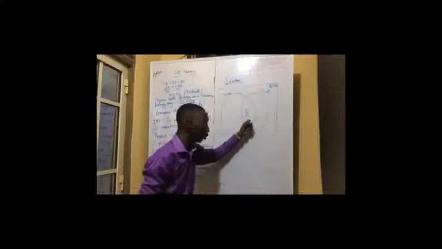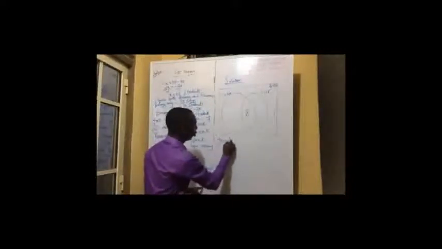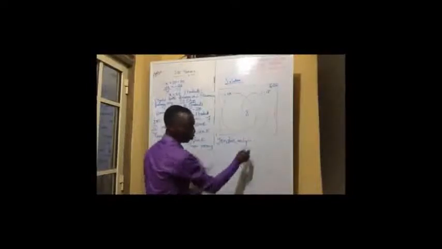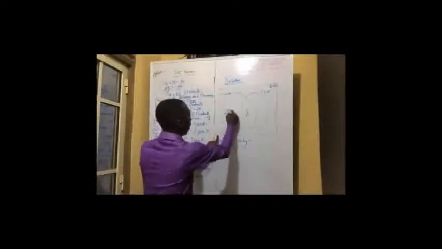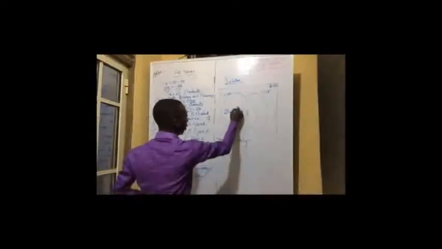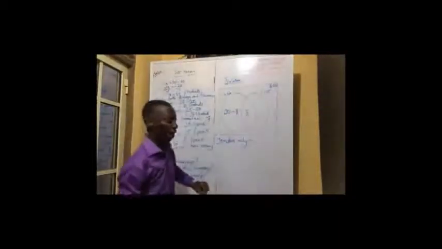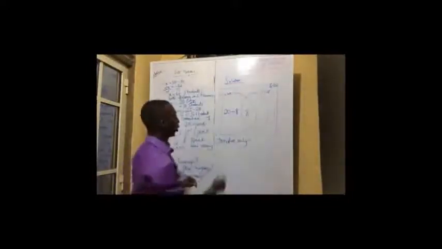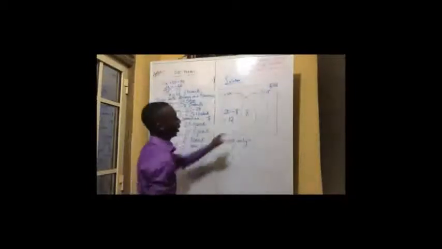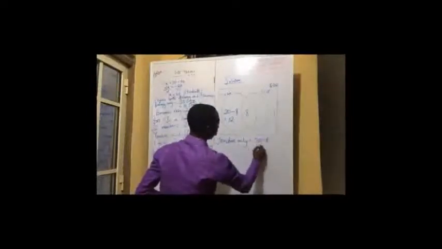This is the region of those that speak what? Both languages, isn't it? Now, how do I then get the number of students that speak only Yoruba? Yoruba only. Very simple. Don't forget our previous example. That will be 20 minus those that speak both languages, 8. Out of these 20 people, there are some people that are speaking Igbo there. So that will be 12. Now, those that speak Igbo only, that will be 20 minus 8. That gives you 12.